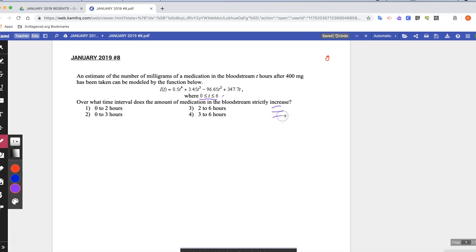So the thing is, to determine when something is increasing, and particularly when a function is increasing, one of the things that we do to help see that is by looking at the graph. So this problem is going to be really solely based on the calculator. So if we go to our calculator,